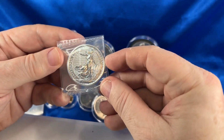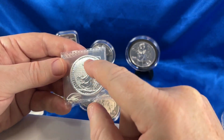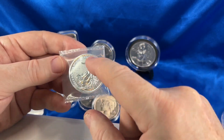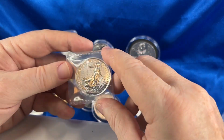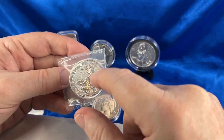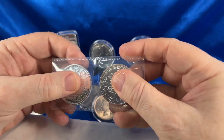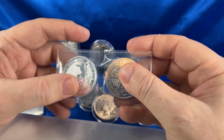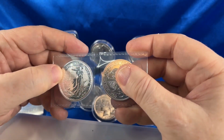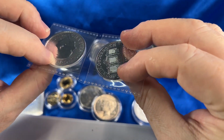So if that were to happen and you have a bunch of 2023 Britannias, and you bought some when the prices were a little higher, and some when the prices were lower, if you're going to sell that, since they're all 2023s, you do have some receipts saying, oh yeah, I got 12 of these at this higher price. These are fungible as long as it's the same coin, 2023. Use the higher price ones so that your capital gains